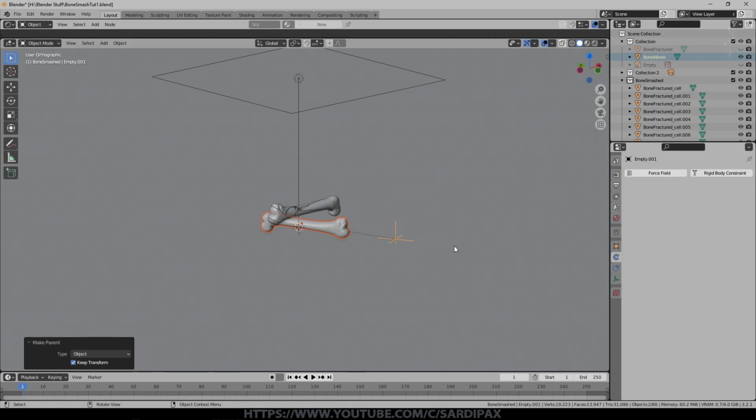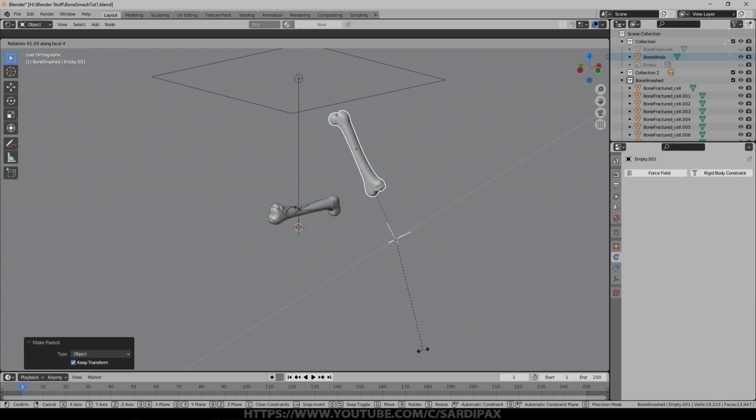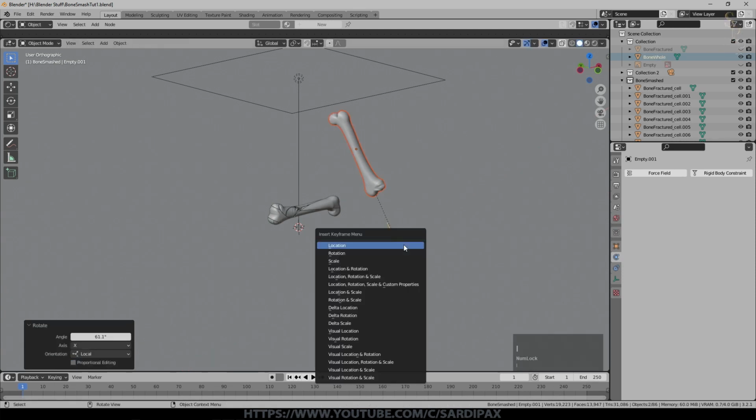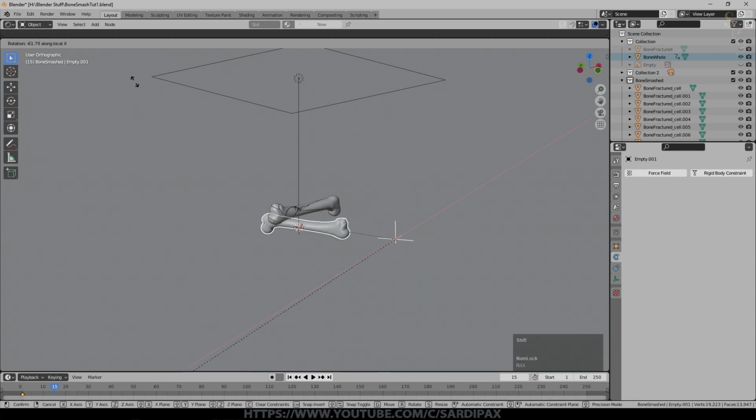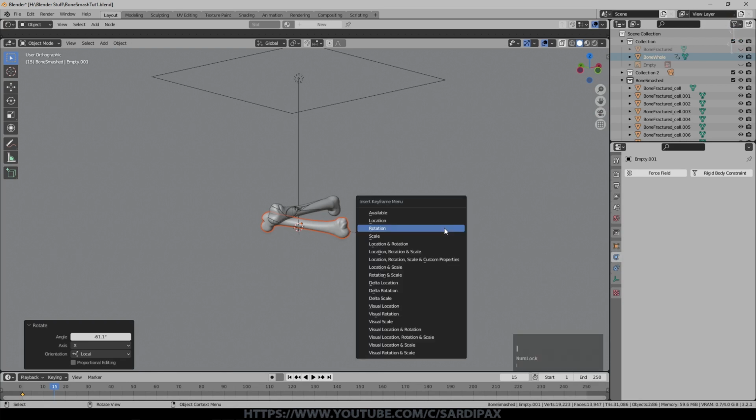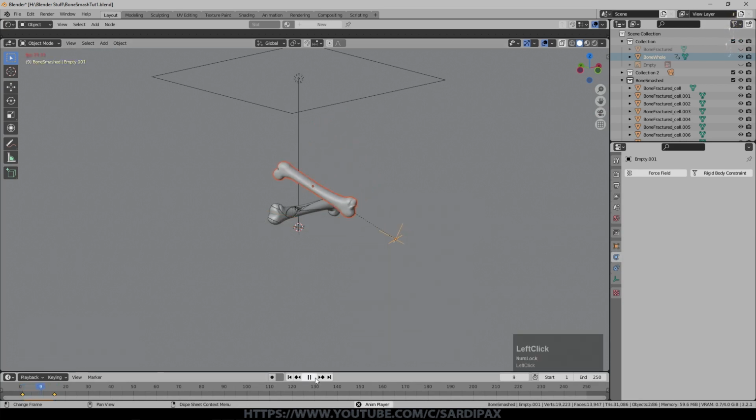So I'm going to start off by rotating X X, which is the local X axis for that empty, and we'll bring it up to something like that there. And we'll just press I and say rotation. You can start this at any point, and then perhaps we'll go to about 15 frames in, which is less than a second if we're going at 25 frames a second. And we'll rotate X X to just above the floor and insert rotation. So if we come back now, you can see it just drops down like that, but that's a bit boring.